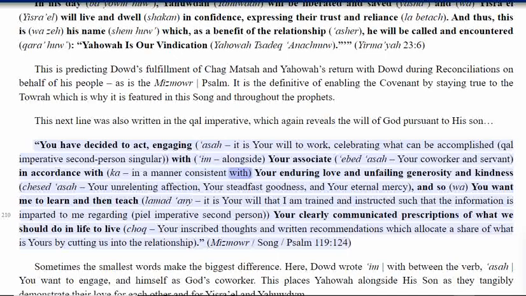manner consistent with, your enduring love and unfailing generosity and kindness, Kesed, your unrelenting affection, your steadfast goodness, and your eternal mercy, and so, you want me to learn and then teach, Lamed Eni. It is your will that I am trained and instructed such that the information is imparted to me regarding, Piel imperative second person, your clearly communicated 210 prescriptions of what we should do in life to live, Choq, your inscribed thoughts and written recommendations which allocate a share of what is yours by cutting us into the relationship. Mizmowr, Song, Psalm